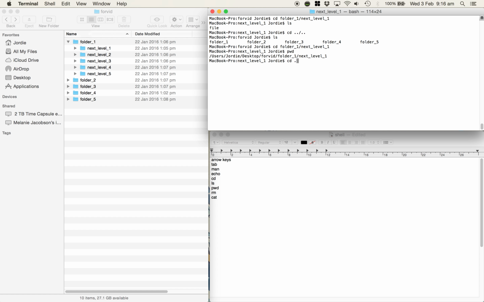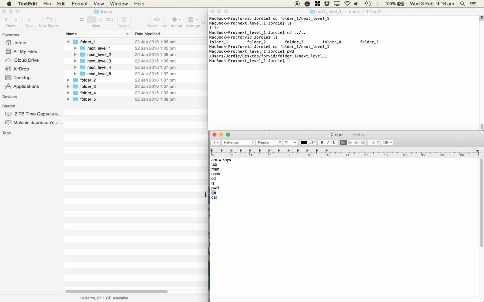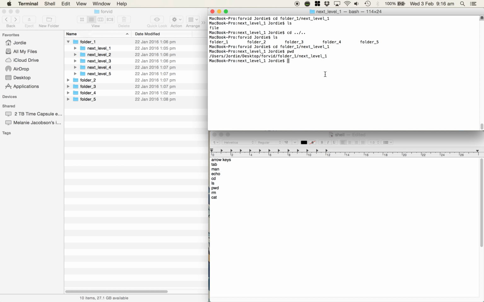Let's go back out into the original folder again. Actually, no, let's not, because I want to demonstrate another very useful feature, but also extremely dangerous, which is rm. I've heard so many horror stories about this that I cannot even describe. rm removes files. If I typed in rm